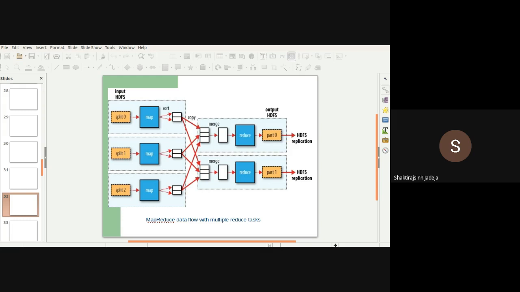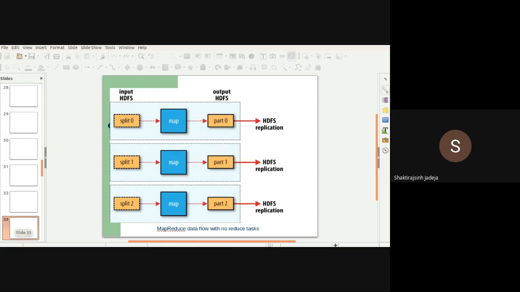For example, I want to add numbers from 1 to 12. Split 1 will have, let's say, numbers 1, 2, 3. Split 2 will have 4, 5, 6, and split 3 will have 7, 8, 9. So it needs to copy all the numbers and then add them, and at the end it will give you an output of whatever the addition comes to. So it's not compulsory that it will be only one-to-one mapping. You can have many-to-many mapping also.